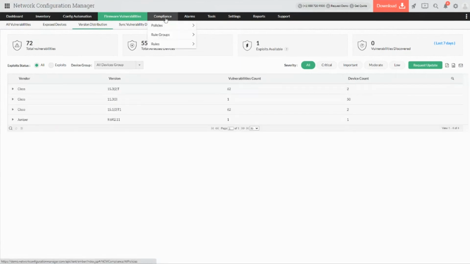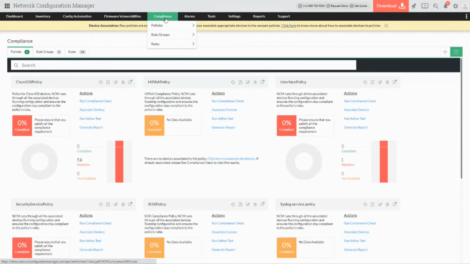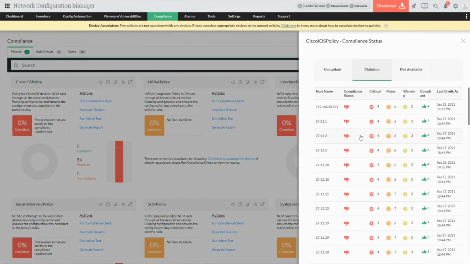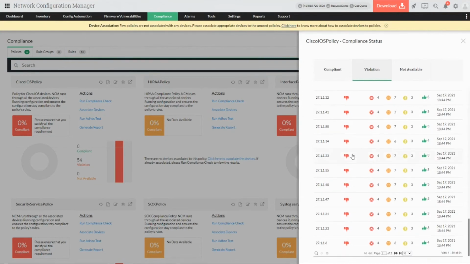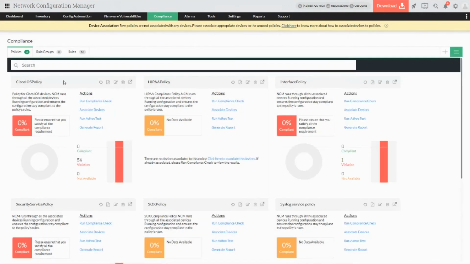And likewise, apart from the firmware vulnerabilities, you can also have compliance checks from the product itself. The default compliances from all the vendors are available from the NCM directly, and you can create your own compliances as well. So when we talk about Cisco IOS policies, you want to see how things are happening, how many policies are going well, how many are getting violated. In those cases, you can easily get a complete picture of how many violations are happening for a Cisco IOS policy compliance. So this tells the network administrator what is wrong and which compliances are failing, so that they could take the necessary actions.